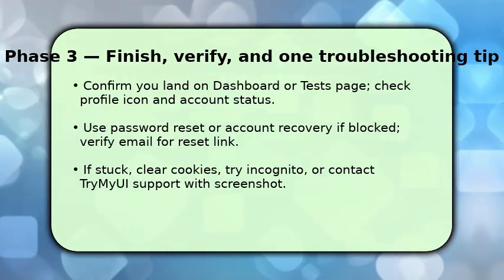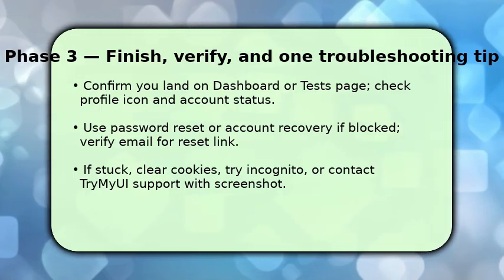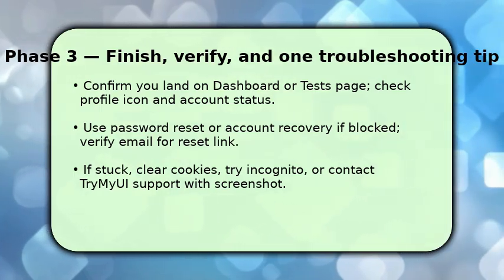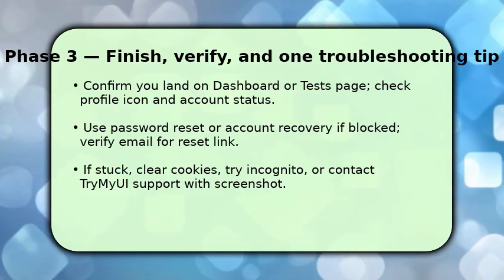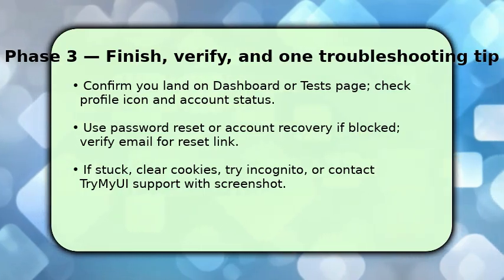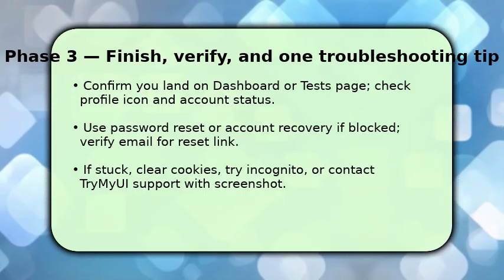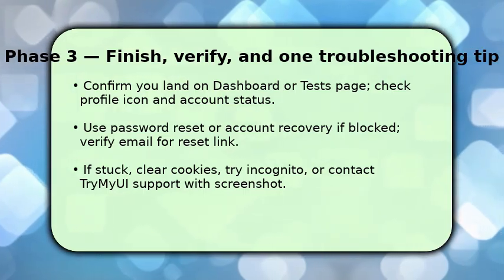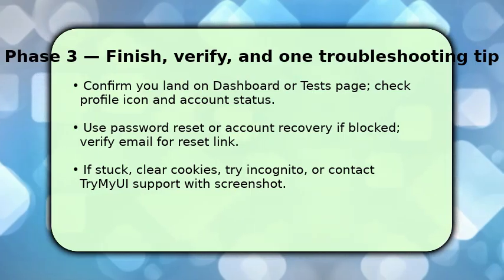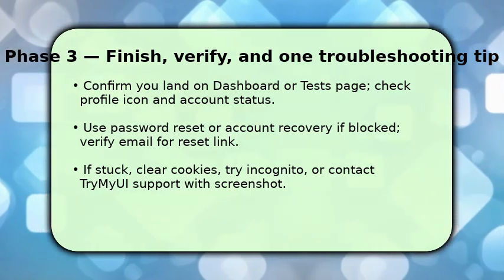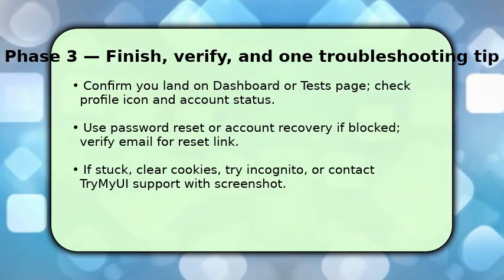If redirected to an error or locked out, use the Forgot Password flow, then verify your email and complete the reset. This restores access quickly. If problems persist, clear cookies or open an incognito window to rule out extension conflicts, and, if needed, capture a screenshot and contact Try My UI support with the exact error